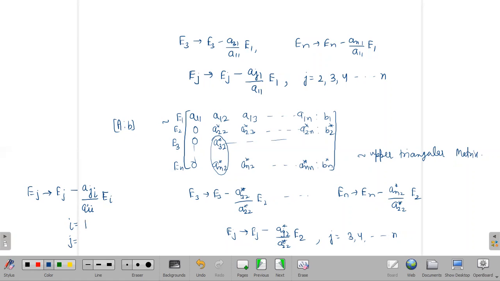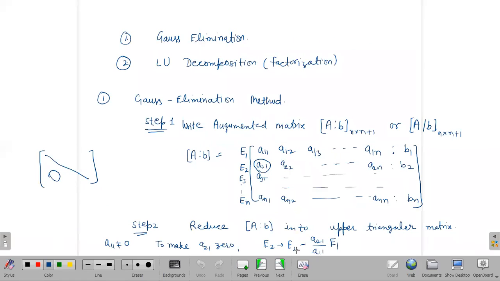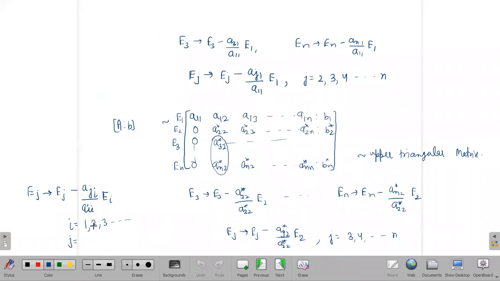I will start from 1, 2, and 3, and so on up to? Actually, here I am writing E1. With the help of E1, we are making these elements 0. With the help of E2, we are making these elements 0. With the help of the last entries, suppose it is here, we are making this element 0. We are not using En, the nth row, to make any element 0. So here it will end up to n minus 1. We will start from 1. We are using the first row, second row, third row, and up to the n minus 1th row.